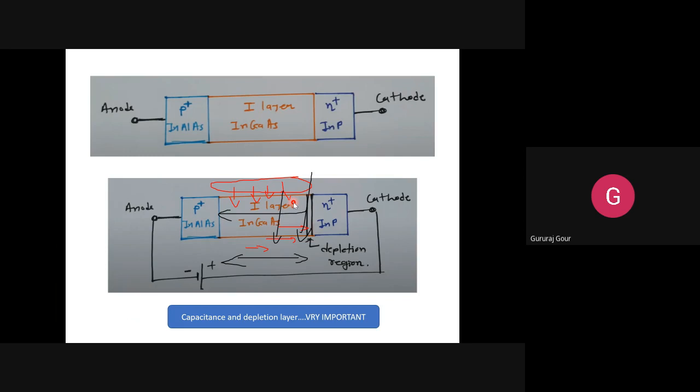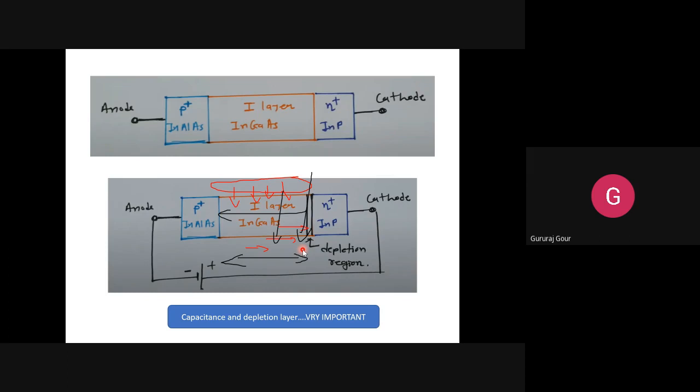So how can we increase the absorption of photons? We have to enlarge this depletion region so that we can catch and absorb more photons, so that we get more contribution to the current by these photons. Okay. So a very important point here is that as we are increasing this depletion region by keeping it in the reverse bias mode like this, this depletion or intrinsic layer is acting like a capacitance. Okay, because in the reverse bias mode, very little current is flowing.